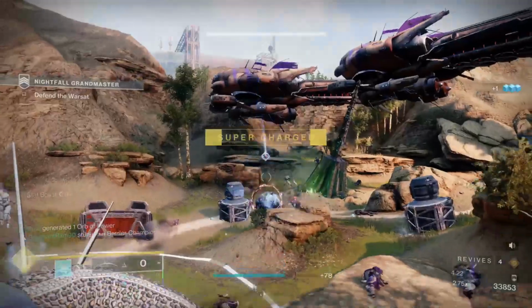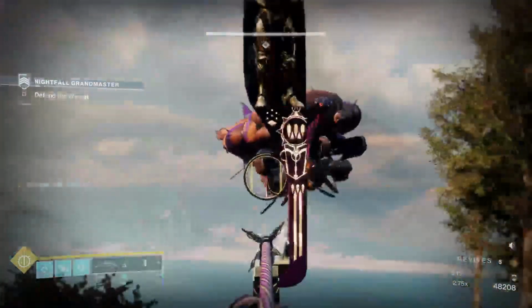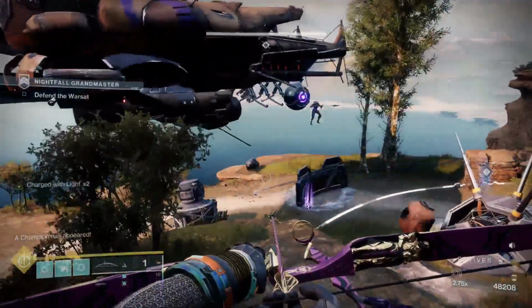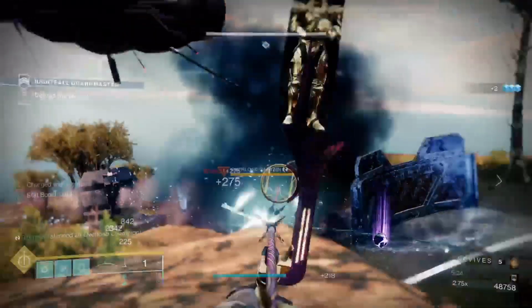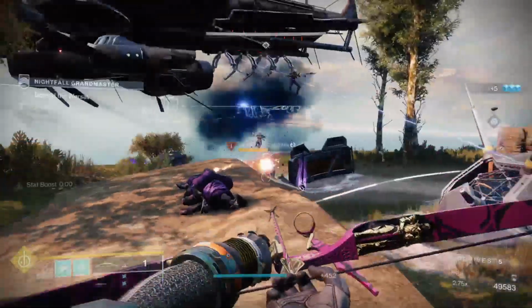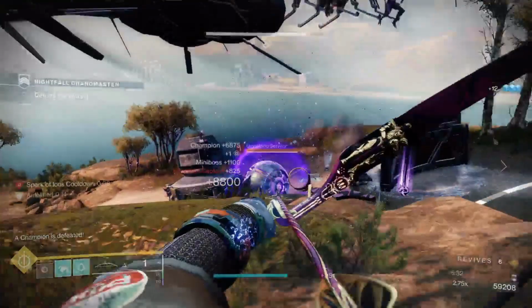Once those skiffs go away, there will be another skiff that spawns in that first area where you fought that first skiff, and it's the same thing. You're going to deal with the ads while downloading the data from the war sat. Once all the ads have been taken care of, you're then going to proceed into the bunker. Same thing as before, though, there will be an overload with this last skiff. So once you get that taken care of, now you can go into the bunker